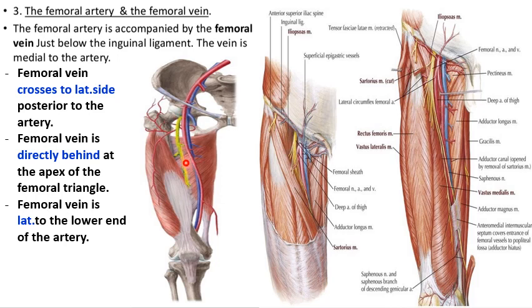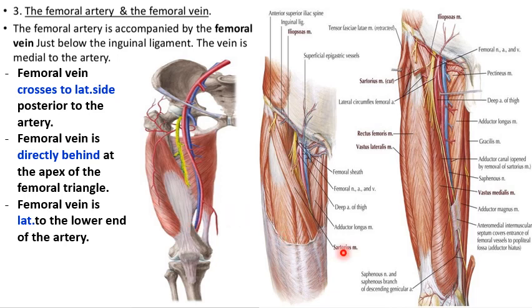So we are not concerned with the nerve as such now. We are just talking about the relation of the femoral artery to the femoral vein. We have said that the femoral vein is medial in the femoral triangle and lateral in the adductor canal. So let us put it this way, because we are talking about the femoral artery: the femoral artery in the femoral triangle is lateral to the femoral vein,